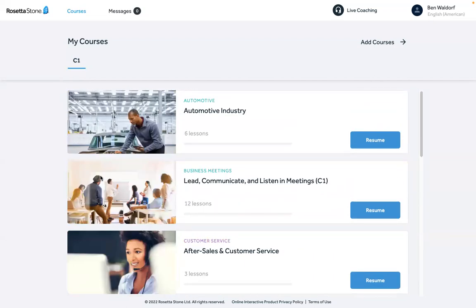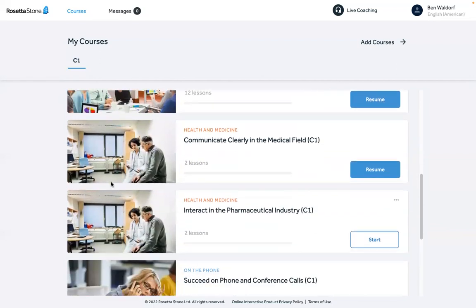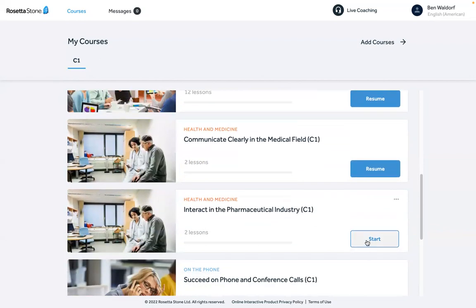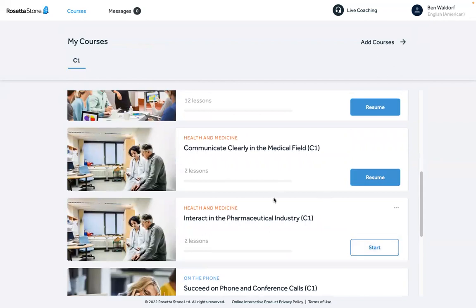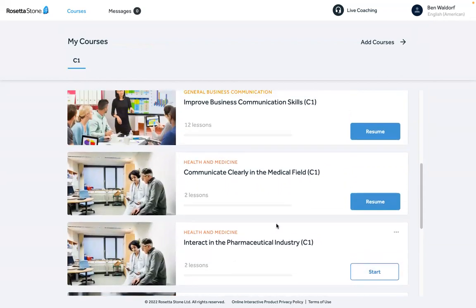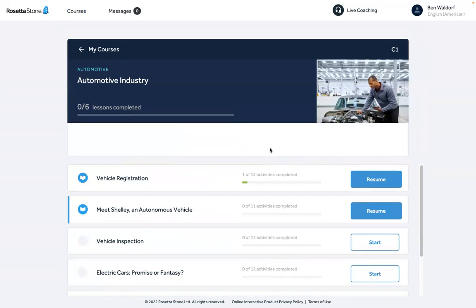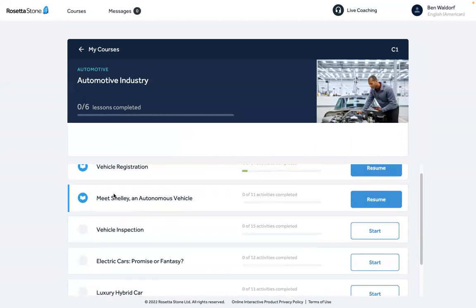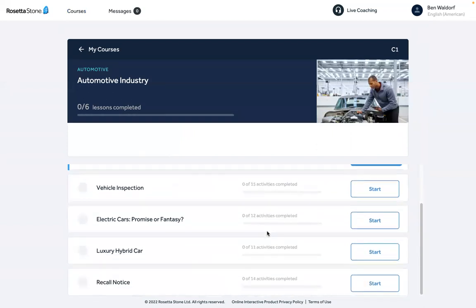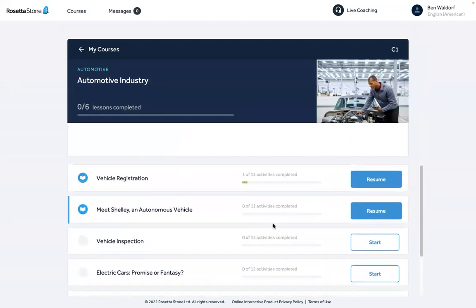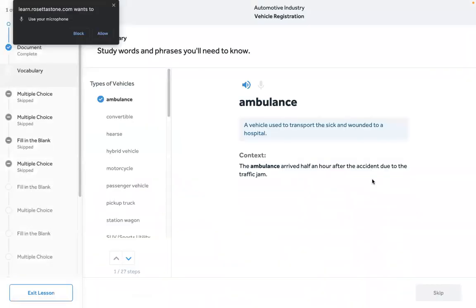Now, once we have a course, we want to go into that course, and then we're going to see the different lessons. So some courses only have a few lessons, whereas others have a whole lot. If I get into this one, for example, you can see that this has 6 lessons. And again, each lesson has those activities in it. So for example, if I go into this first activity,